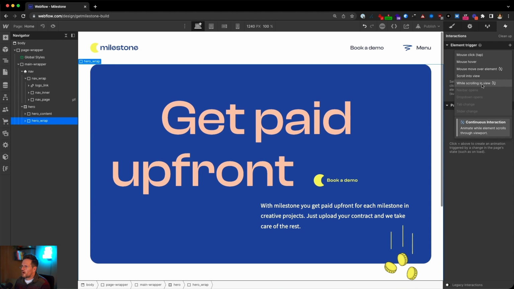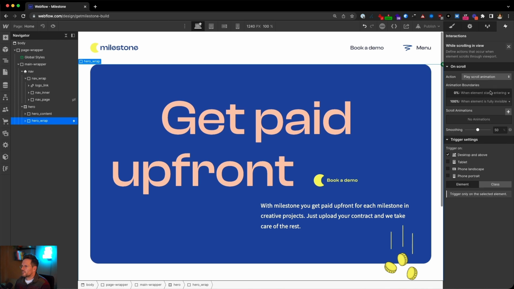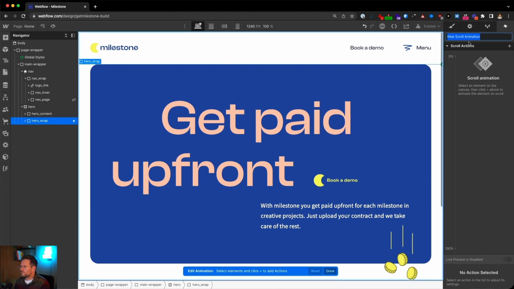We need a while scrolling in view, and we will need a different animation for desktop and tablet. So let's take tablet and landscape and portrait off here, and let's play a scroll animation. We can leave all this to the default settings right now, and let's call it sticky hero down, like this.